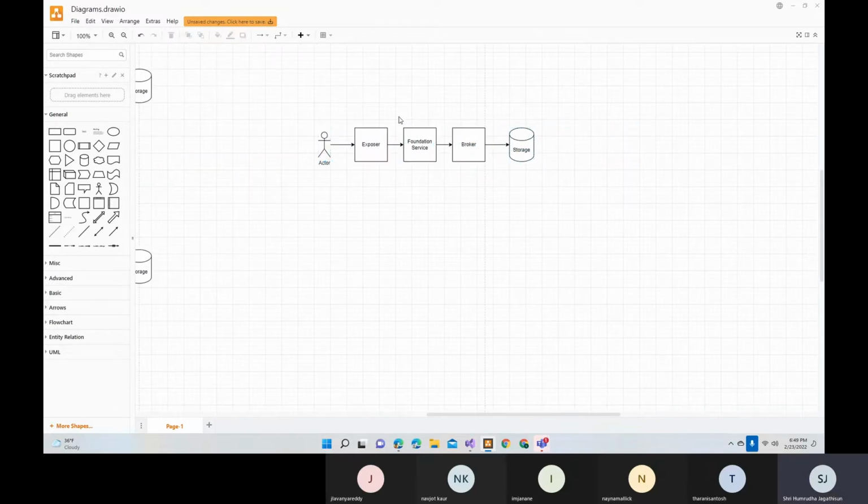Okay. So now we handled something that the caller, either the user or the exposure who's calling this particular foundation layer, we handled that error. Now comes a question. From the broker, you're trying to connect to the storage. Let's assume that we have a database that we are trying to connect to. Generally, how do we make our connection? We pass in a username and password, right? So the connection goes out of your system boundary to an external system. That's why we have a broker. Let's say this storage responds telling